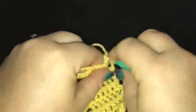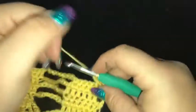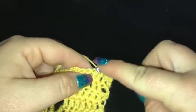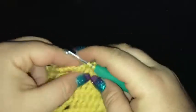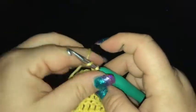Doing my 5th now. So just a chain of 3 and to turn, and it's our first double crochet and a double crochet in each stitch following that. Oh, there's that glare again. Okay, so 7 double crochet including our turning chain. Takes us to the chain spaces, so we're going to chain 5,